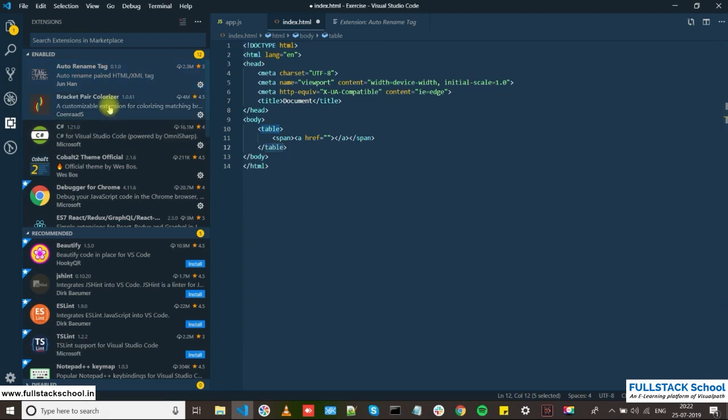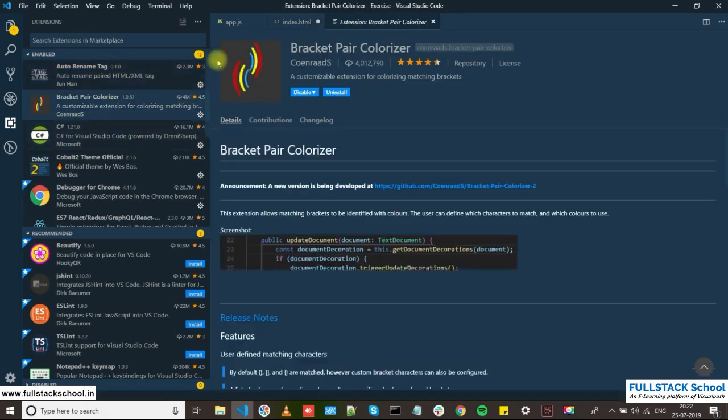So we have Bracket Pair Colorizer. This is a very good plugin. This will be useful when we go into our JS coding, because most of the time developers spend lots and lots of time finding if we have missed a curly brace or a bracket somewhere. In that case, this extension is going to help you, because it matches the brackets so that you will not be lost. It will be easy for us to find which bracket we have missed. We'll see that in action while we start coding.